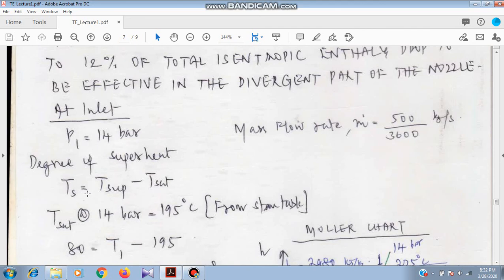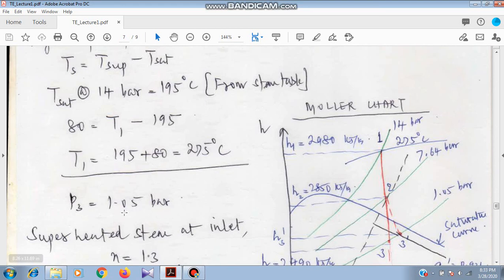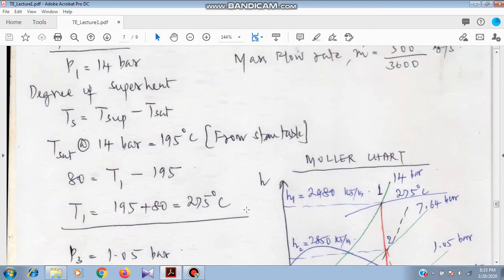Degree of superheat is the difference between the superheated temperature and the saturation temperature. So you take your steam table and find the saturation temperature at 14 bar, Tsat at 14 bar, which is 195. Degree of superheat is Tsup minus Tsat. It is given as 80, Tsup is your T1, Tsat is 195. So you can find T1. T1 is calculated, 275. P3 is 1.05 bar, and by taking 275 and 14 bar, it is found that